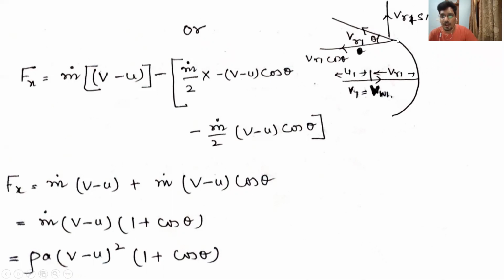This is U1. Now we can see that this is the jet which is coming out here, and this is VR1, and this is that angle theta, because the curvature angle is theta. So if we take the cos component, this VW2 will be VR1 cos theta, that is the value of VW2, and the value of VF2 will be VR1 sin theta. So if we take the momentum, initial momentum, then we can write Fx equals to m dot